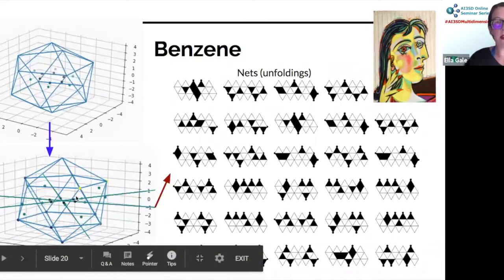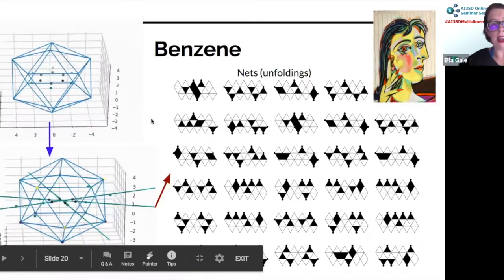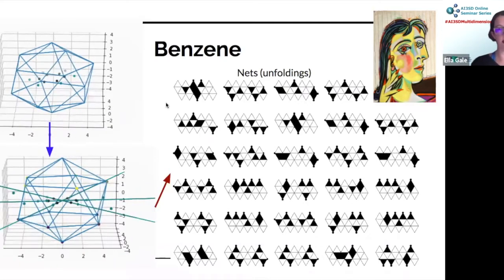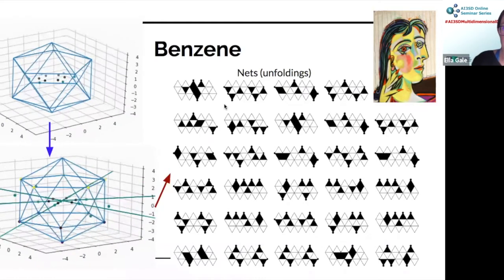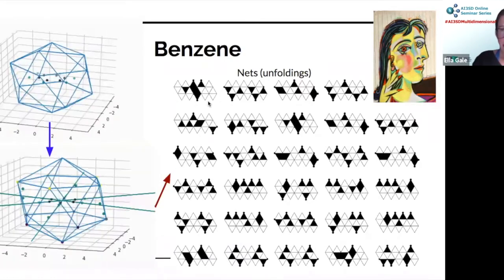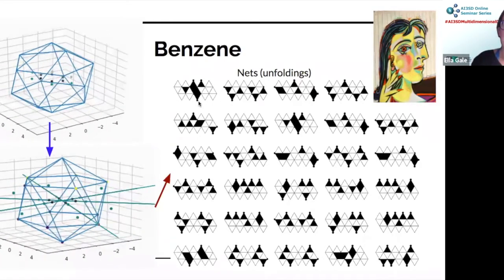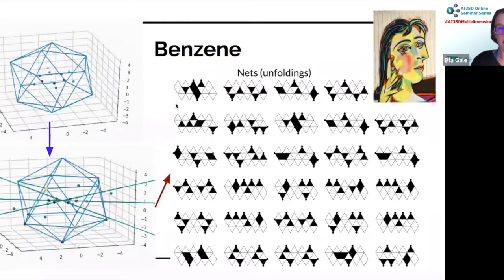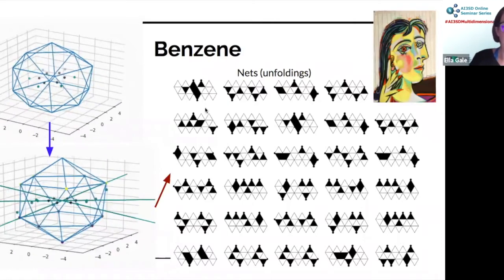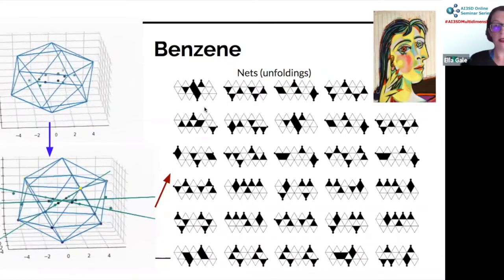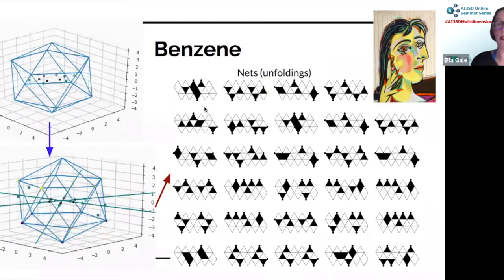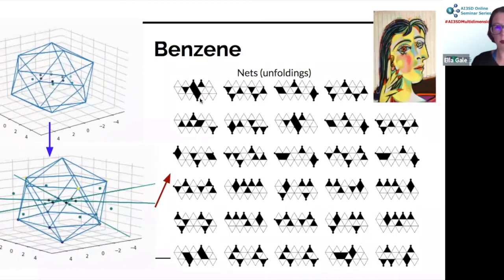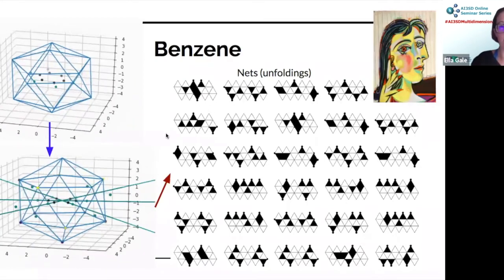Now, 3-dimensional shapes can be unfolded, and it happens that an icosahedron has 60 different ways of unfolding it. It has 20 sides, you can unfold it in 60 different ways and make a 2-dimensional input. And the idea of doing that is that you now have, from one molecular structure, 60 different inputs. This isn't all 60. And this should work better with a neural network. And in fact, there are neural networks that are designed to work with icosahedral inputs. So we've gone from a 3-dimensional structure to a 2-dimensional net. And the net is the unfolding of this object.